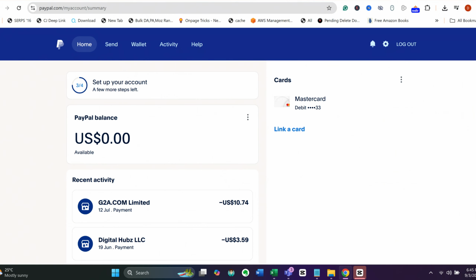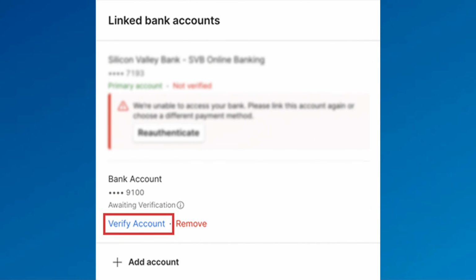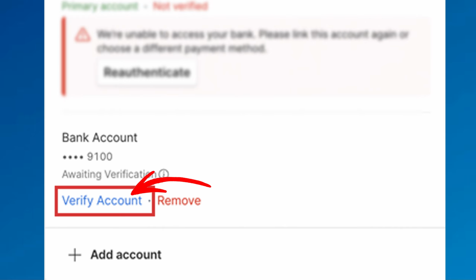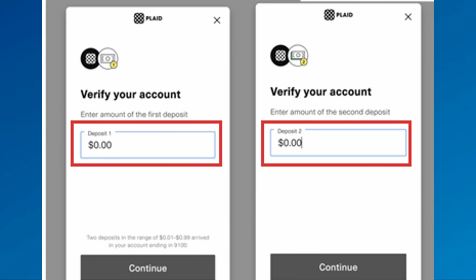Once you see the deposits on your bank statement, you'll need to return to your PayPal account to complete the process. This is what you will see and click. Sign into your PayPal account and navigate to the Wallet section. In your list of linked banks, you will see the account you recently added. It will likely have a status next to it such as Ready to Confirm or a message prompting you to verify it. Click on this bank account. Carefully enter the transaction codes for the deposit amounts in the field. Click the Submit or Confirm button. If the details are correct, your bank account will be fully verified